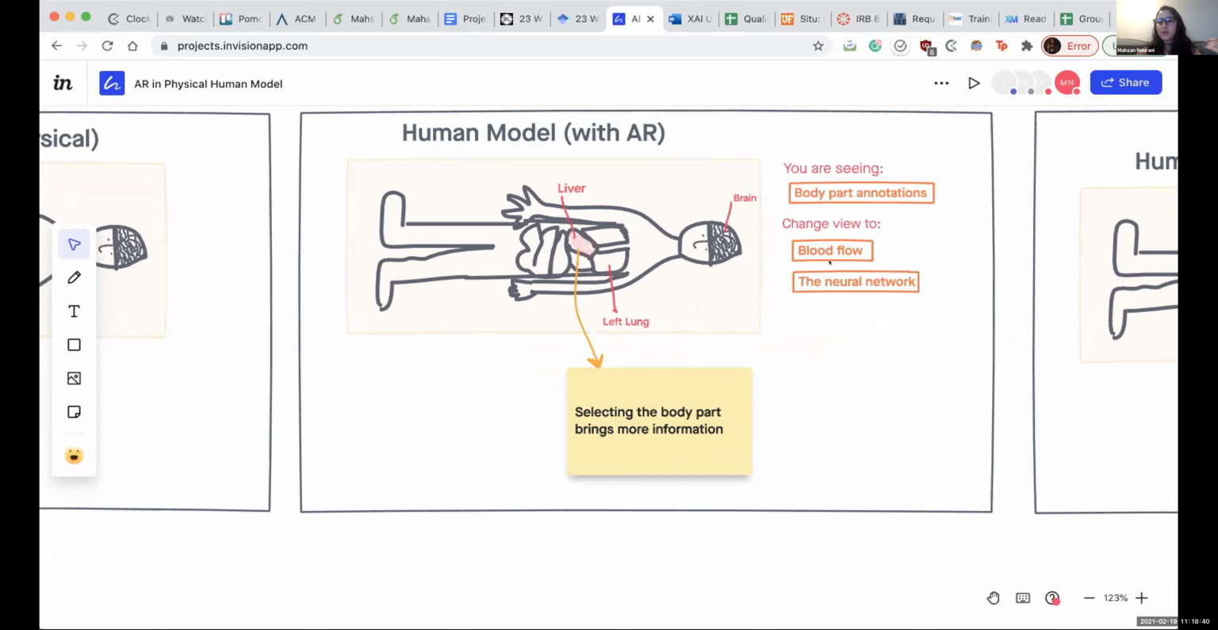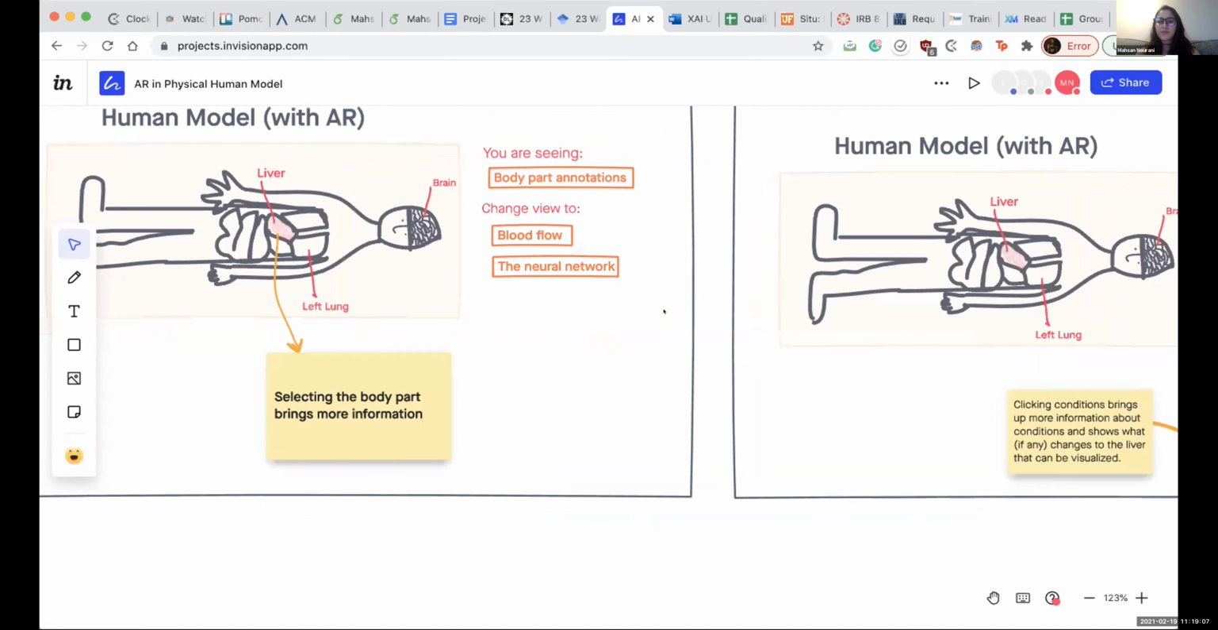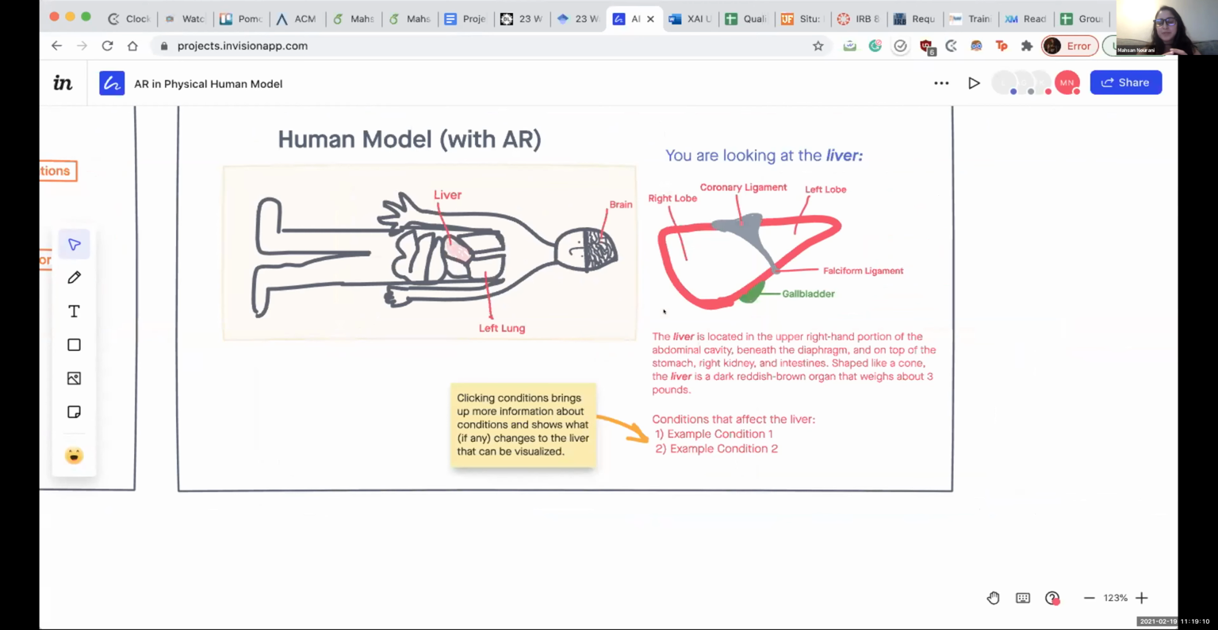For example, an animated showcase of the blood flow over the body, or the neural networks that are connecting every body part, which is kind of an interesting part about AR. We think that this can actually improve people's engagement and curiosity, especially because they're kids and they find these kinds of animations motivating and interesting. So if they want, they can select a specific body part, and that would pop up some more information about that specific body part and show specifics on the different